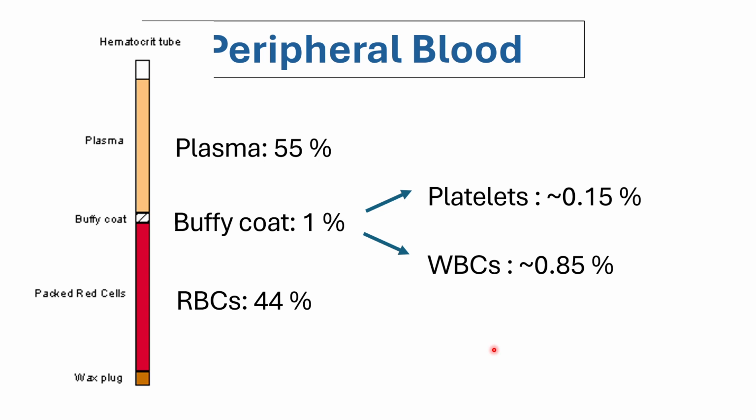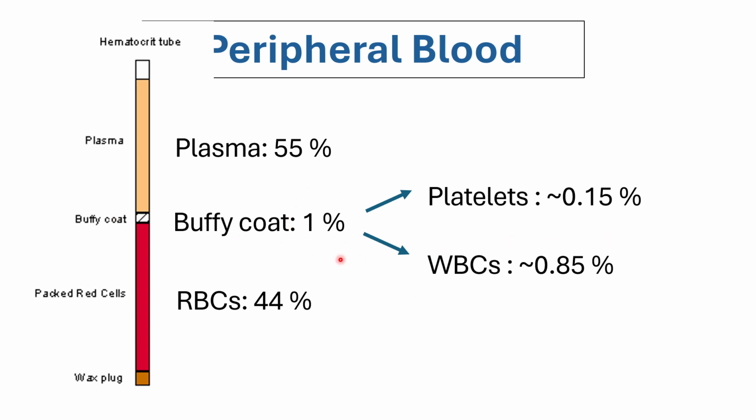So when you are examining the peripheral blood, you will most likely also prepare a blood sample in a very small straw of glass. So it's called your hematocrit tube, and it will be put in a machine which will spin it very fast, and it will basically separate the different components of your blood. The extracellular matrix or the plasma is liquid, and it contains all the chemical components, the hormones, etc., everything else except the cellular component. The cellular component is actually here in the buffy coat and the packed red cells. The buffy coat contains your platelets and all the different types of the white blood cells.